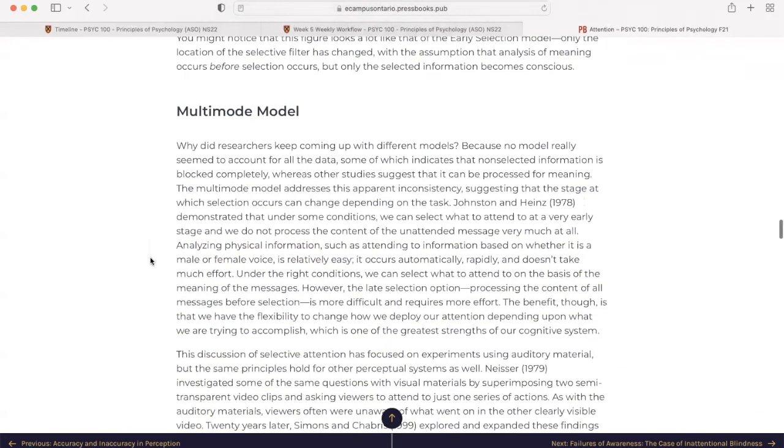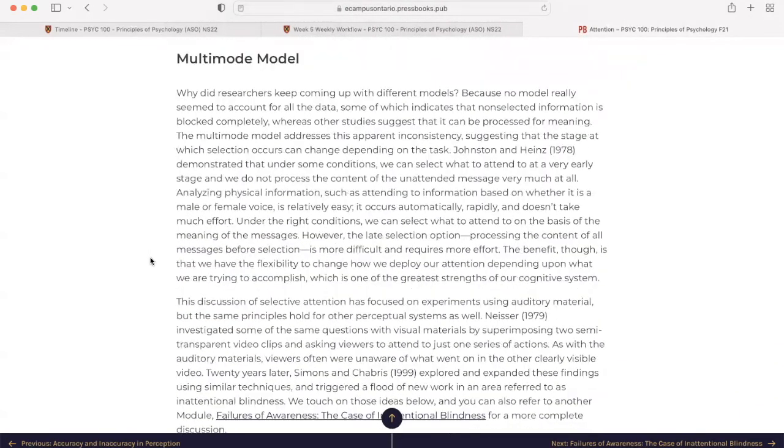Next is the multi-mode model. Why did researchers keep coming up with different models? Well, I was just asking myself the same thing, because no model really seemed to account for all the data, some of which indicates that non-selected information is blocked completely, whereas other studies suggest that it can be processed for meaning. The multi-mode model addresses this apparent inconsistency, suggesting that the stage at which selection occurs can change depending on